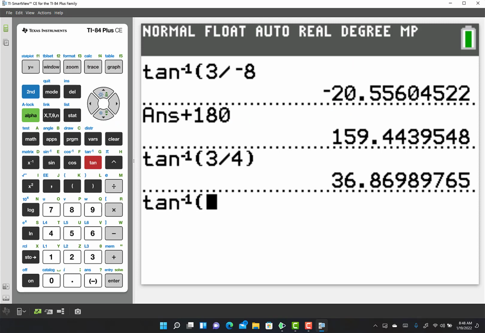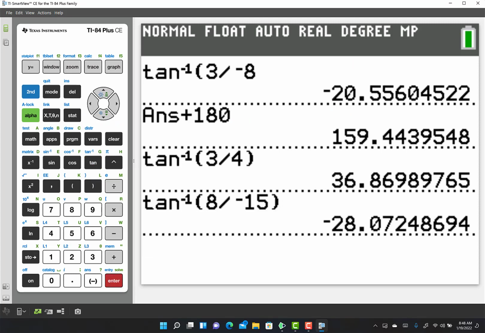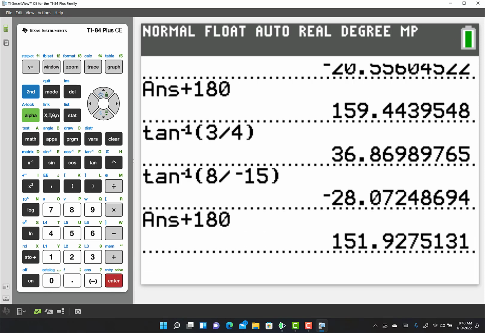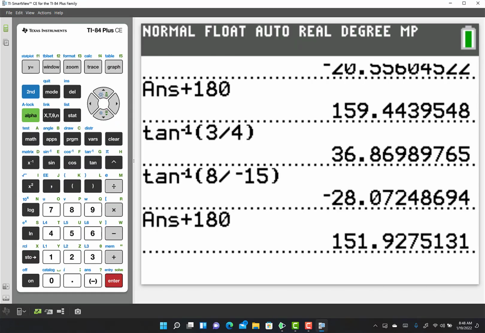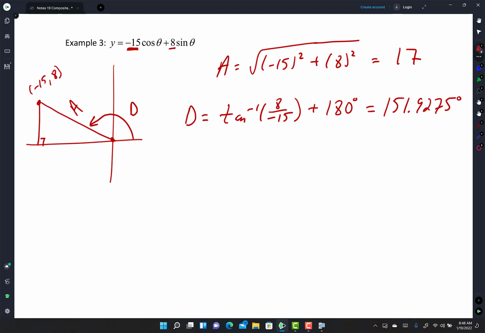So I'm going to go arctan. And I already forgot. What was it? 8 divided by negative 15? And I'm going to push enter. Plus 180. 151.9275 degrees. 151.9275. Let me make sure that I said 9275. Yep. If you can put the perfect, the more digits, the better,